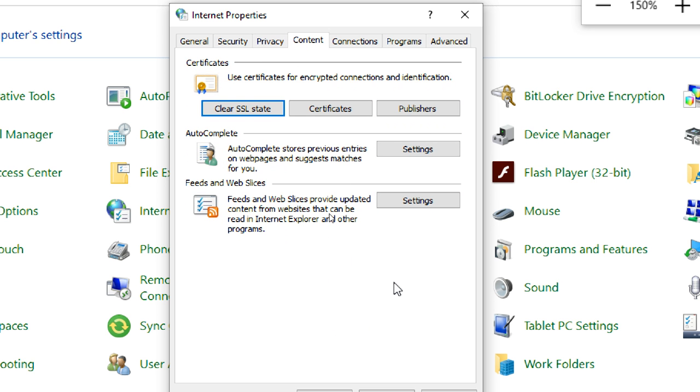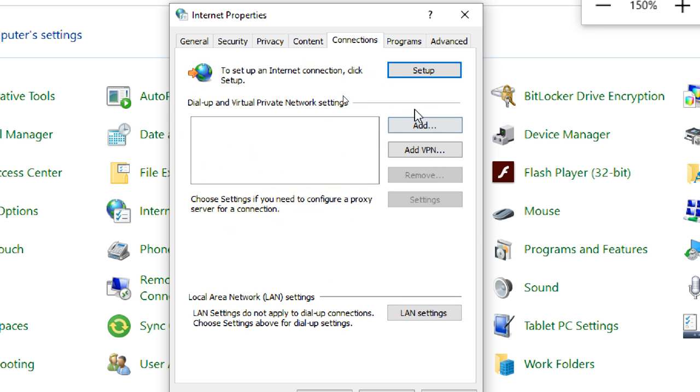This is about your SSL certificate, publisher, RSS feed, auto completion settings. Connections, to where you connect. If you are connecting locally, that means through VPN settings, dial-up networks, modems, like pen drive type modems, dongles. That will show here, and you can say access with this particular modem. Say you have three, four modems. You can tell it this modem only to access, like that.